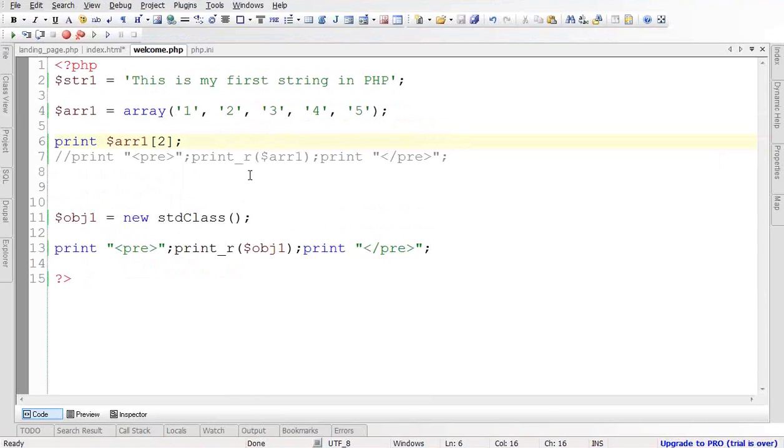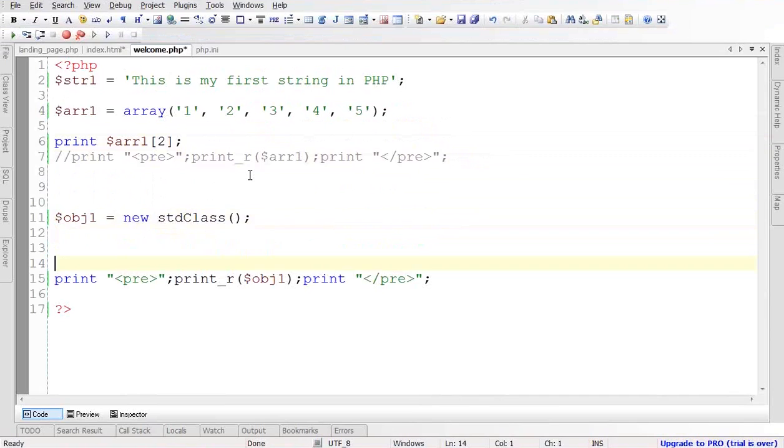So here you can see 3 is printed. So in an array we use these brackets to access the array element, but in case of objects we never use these brackets; it uses an arrow to assign the value. I will use a equal to